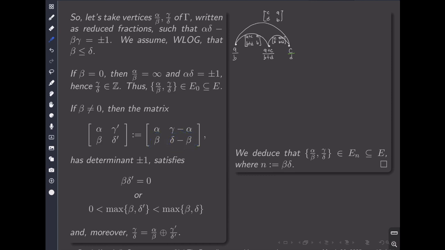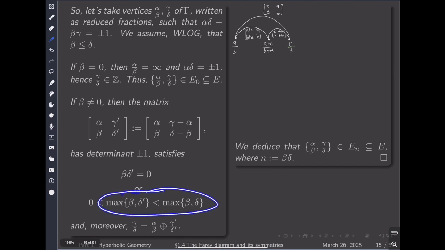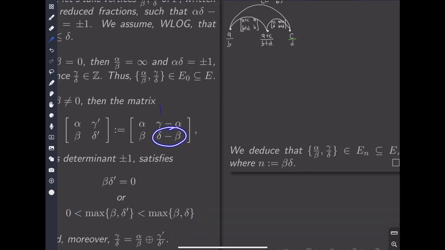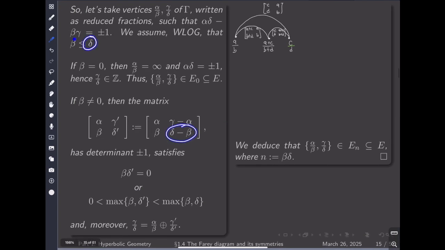Yes, which means that the maximum decreased. Because if this is not 0, then it's because the maximum was delta, strictly bigger than beta. And after the operation, the maximum is beta, strictly smaller than delta. Okay, anyway,